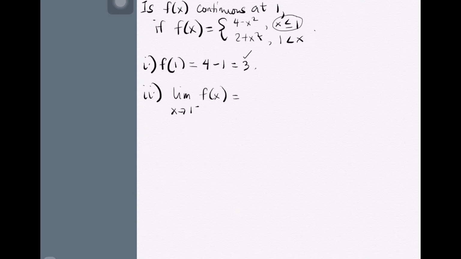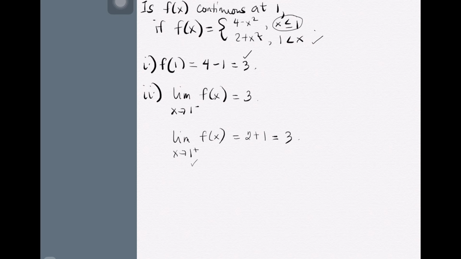So substituting 1 for that 4 minus x squared, that's actually what we did in the first condition. So this would now be equal to 3. Now how about the right-hand limit of f of x? The right-hand limit of f of x here would be written as this. So clearly, the x's at the right of 1 would definitely be this domain right here. That would be x greater than 1. So this time, our function to be considered would be 2 plus x squared. So what happens there? That would be 2 plus our 1 here squared, which is still 1,